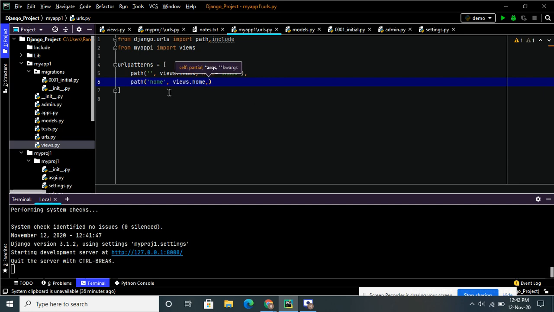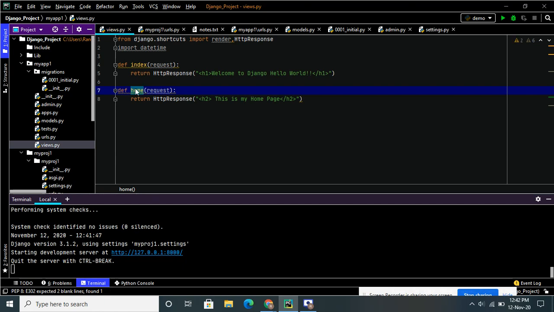Whenever a user clicks on slash home, it will come to the views file and check home. In the views file, there is a function called home, so it will go to that file and execute this statement.